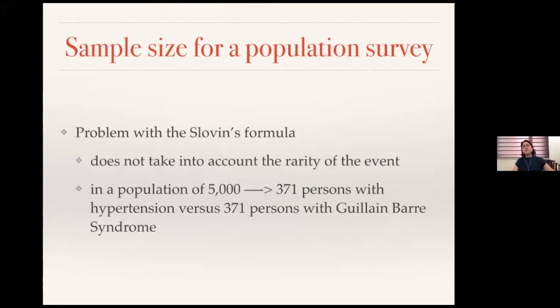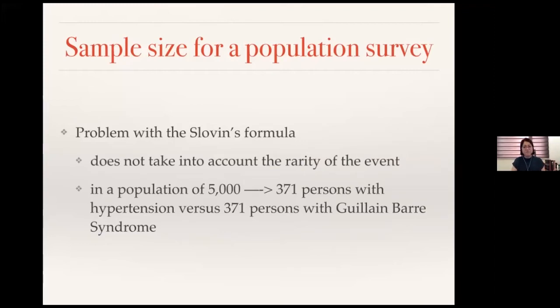Now, the problem with Slovin's formula is it does not take into account the rarity of the event. For example, say one of you is going to do a study on people with hypertension. Same barangay, 5,000. You use Slovin's formula and you get 371 persons with hypertension. Because hypertension is very common, I would expect that you'll be able to get this many people in about a